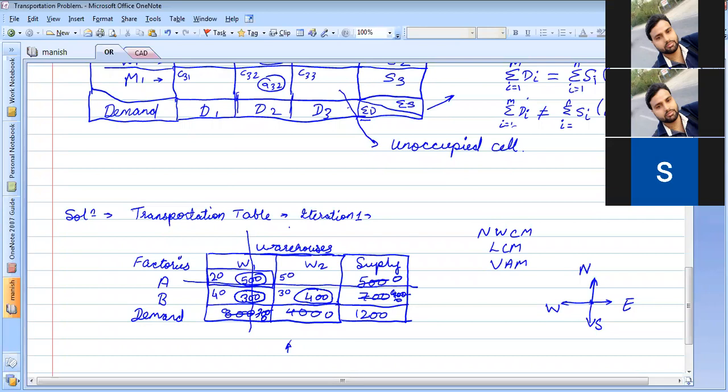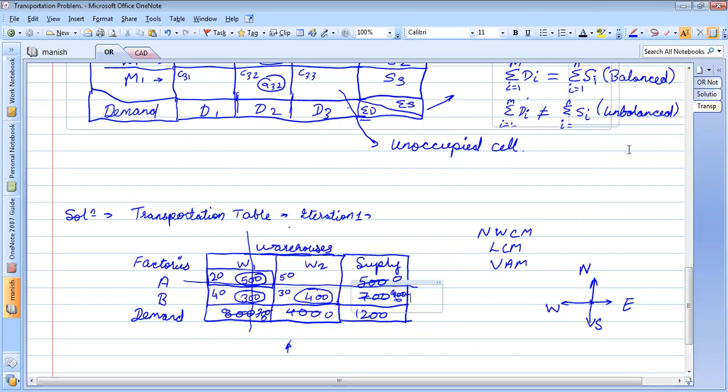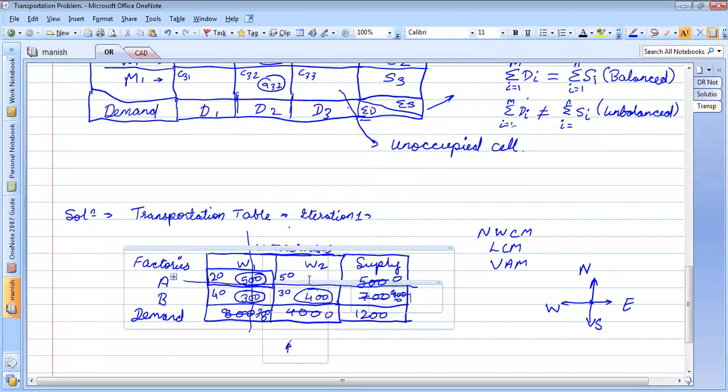Any doubt in this? Sir, at row A, warehouse 2, there won't be anything, because that supply is 0. Yes. Now which are the occupied cells? Occupied cells are 1 1, 2 1, 2 2. But what about 1 2? 1 2 has no allocation.